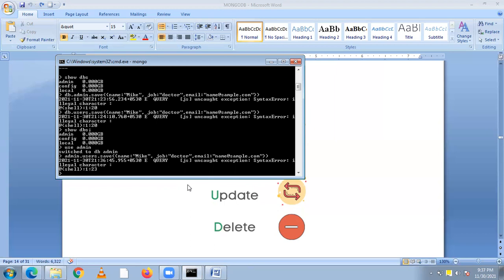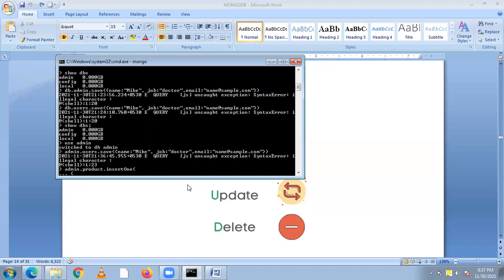Suppose db dot, where is my table name? admin dot product, suppose, dot insertOne, and this is the bracket over here.